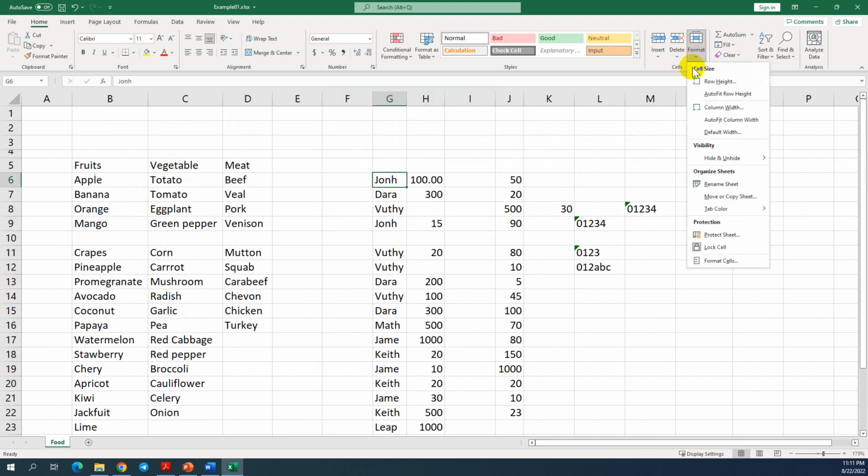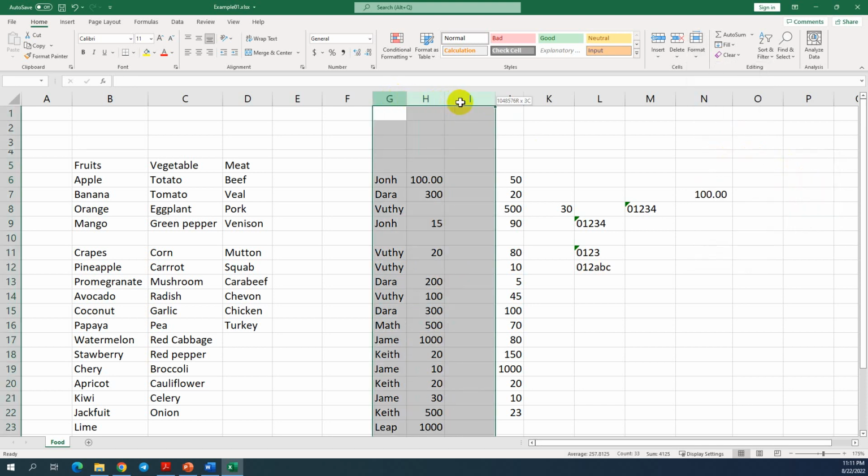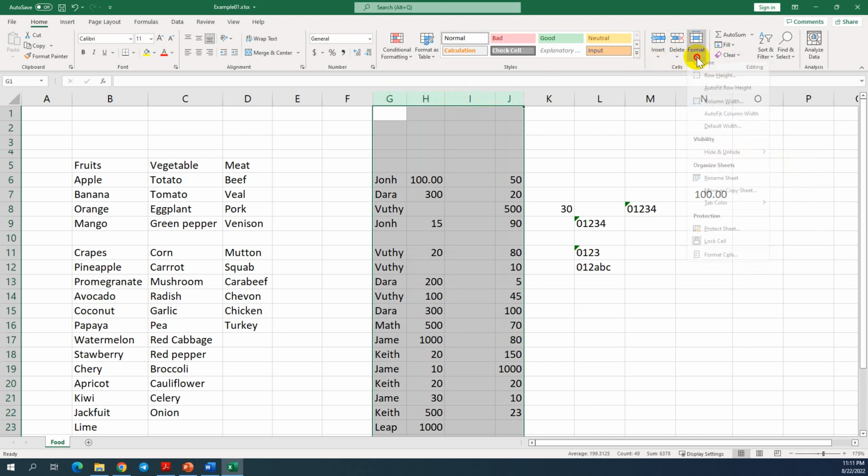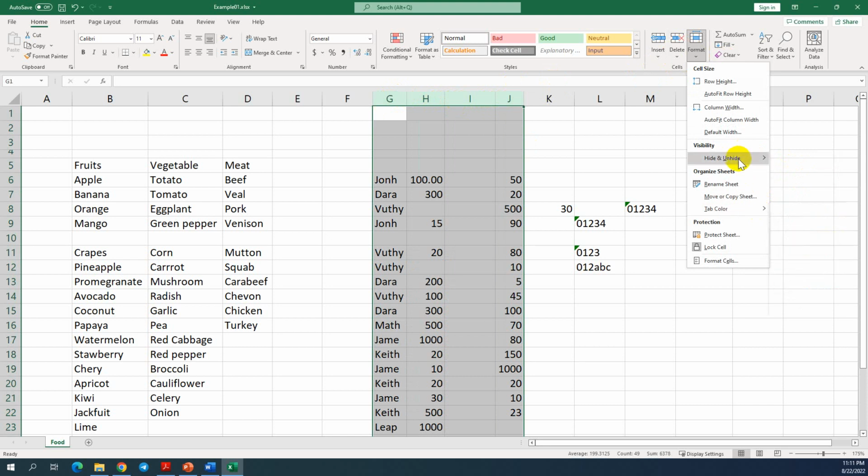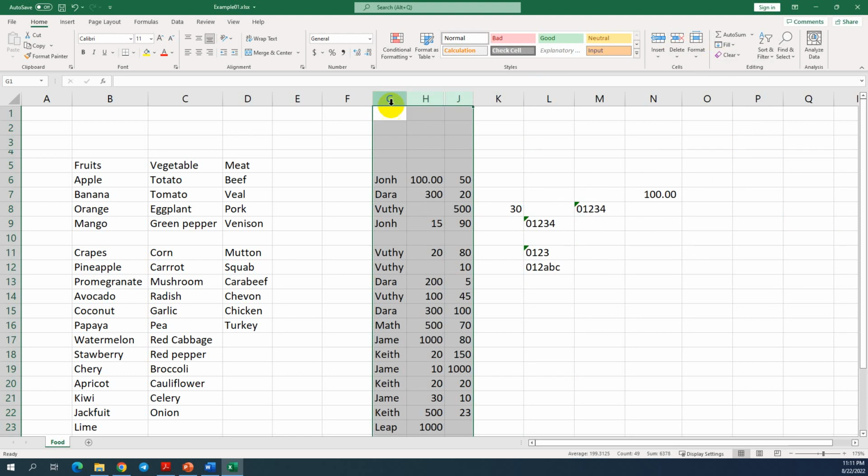Okay, so I think that's all for this one. For the cell, we have more options, but I don't want to talk more on that because it takes your time. But I can show you how to hide. If you want to hide something, hide row, hide column, for example, you want to hide this one, you can hide it. Just select this one. Okay, let me show a bit more. Hide column, it's like that. Just double click to unhide,